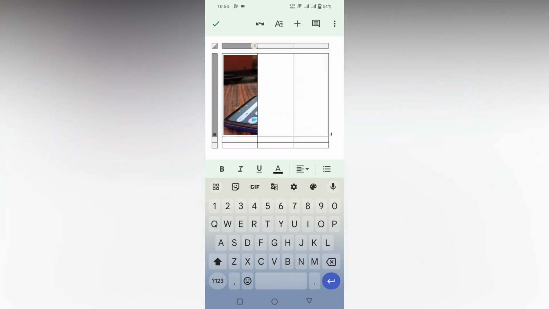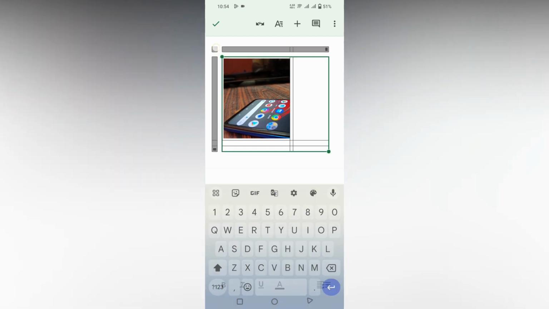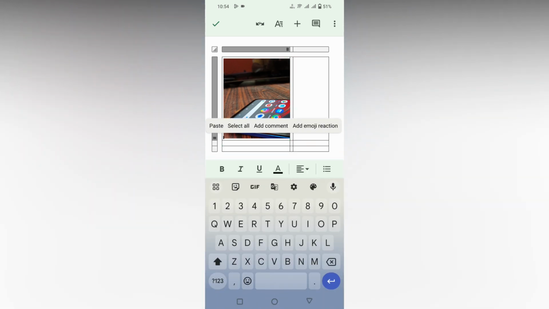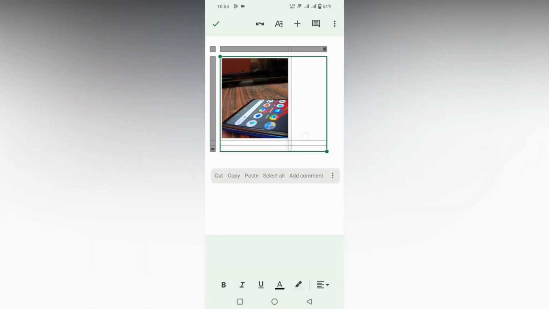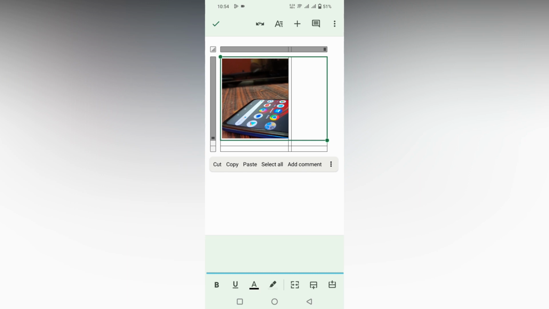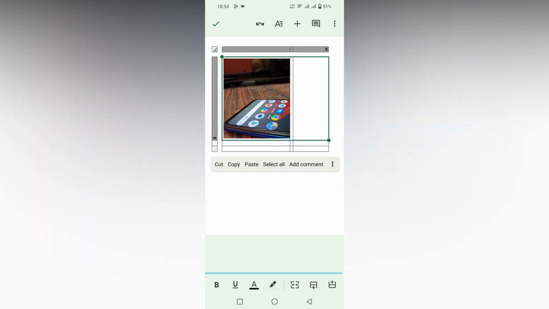If you want to have a full screen of the image, you just adjust the total table and resize the table like this. Just click on the whole table, resize the table first and adjust the cell size. So you can insert the full image or half image inside the table by using this option on